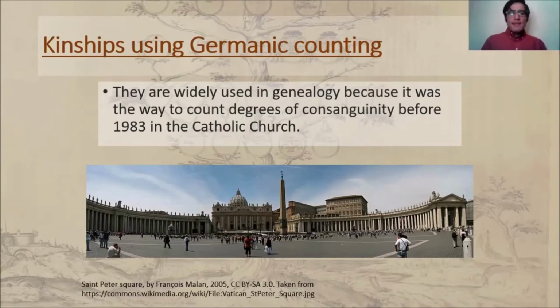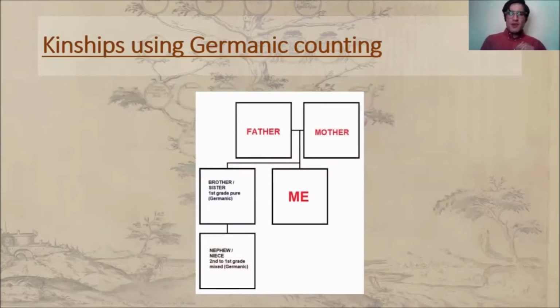They are widely used in genealogy because it was a way to count degrees of consanguinity before 1983. This explanation is for Germanic counting. Germanic counting is one of the ways to count relationships between people in the Catholic Church. There you can see a small chart that explains the relationship between me and a nephew or niece or a